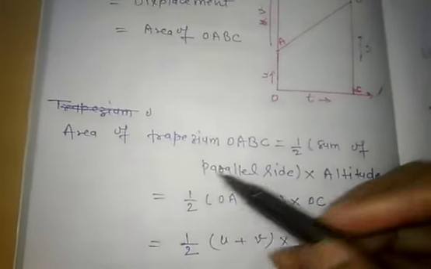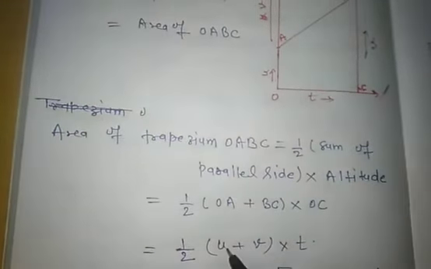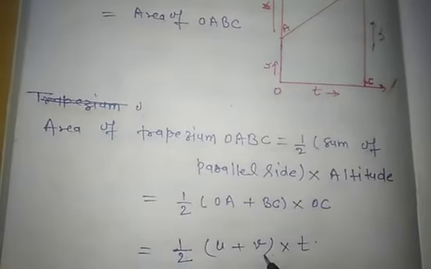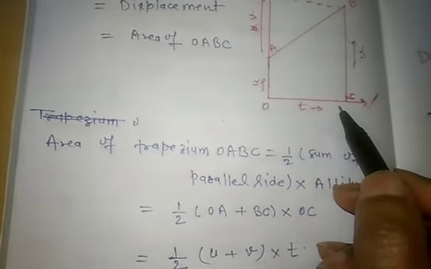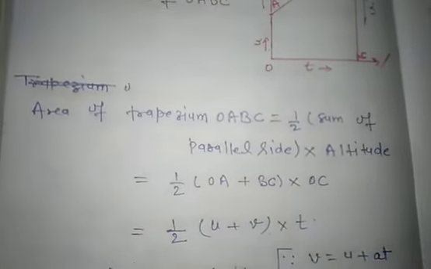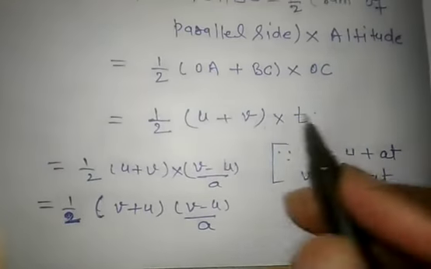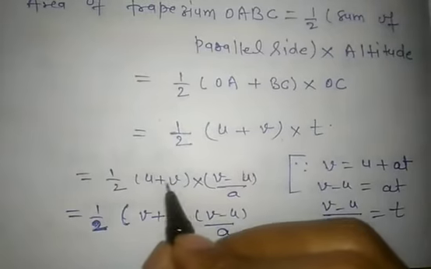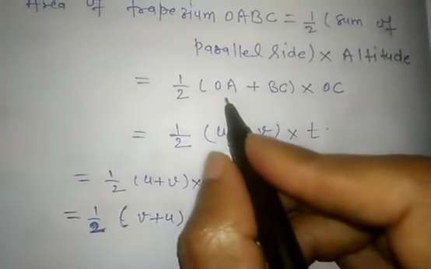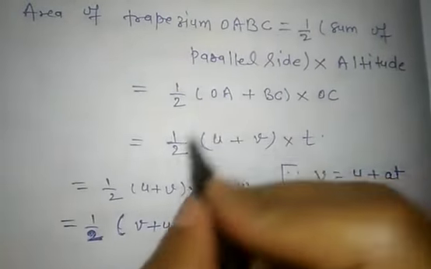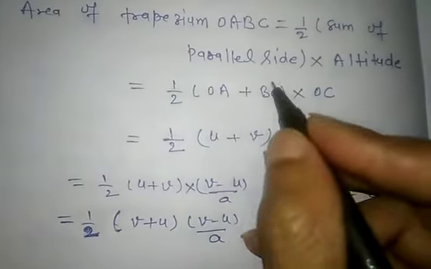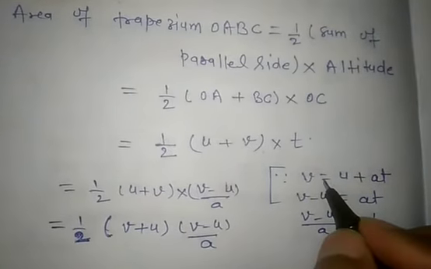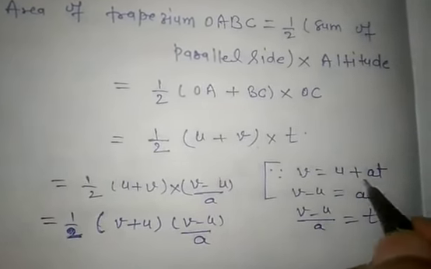Now we know OA is the initial velocity represented by u, and BC is the final velocity represented by v, and OC is the time taken by the object, t. Now it can be written as 1 by 2 (v plus u) into t. That is, 1 by 2 (OA plus BC) equal to v into t. From the first equation of motion, we know that v is equal to u plus at,